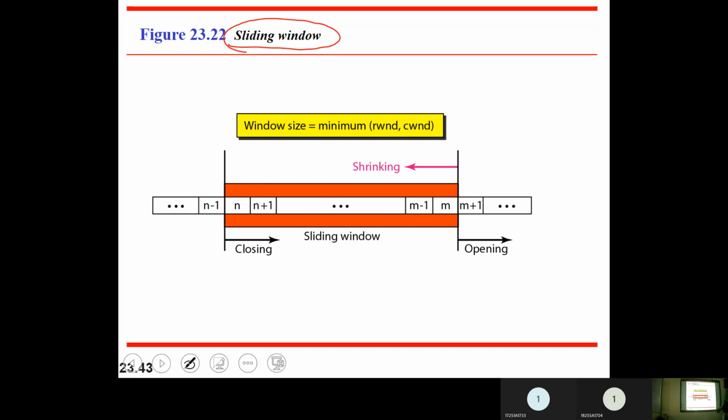So you see here, the window size we are considering, how TCP selects it is, it considers the minimum of receiver window size and congestion window size. If you remember, while discussing the TCP congestion control algorithm in lab, we had something called congestion window size. So I am going to have that congestion window size, and this RWND is the receiver window size. That means what is the capacity we have for the network and what is the capacity we have for the receiver. Both things you need to remember.